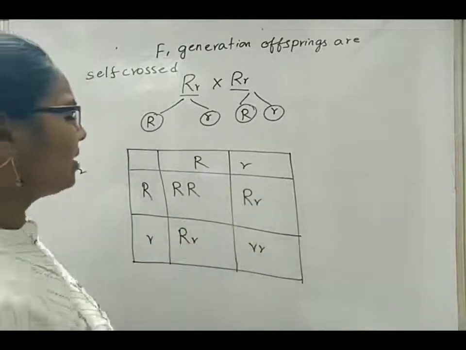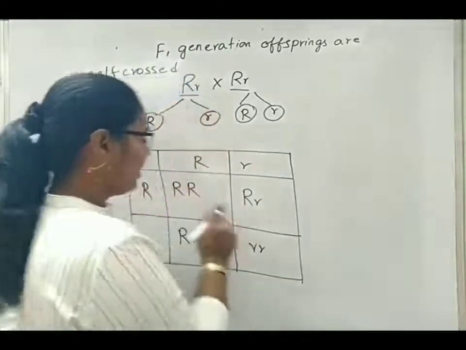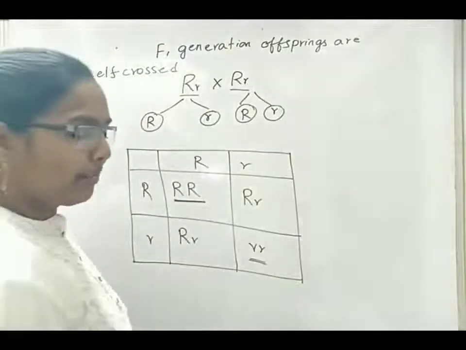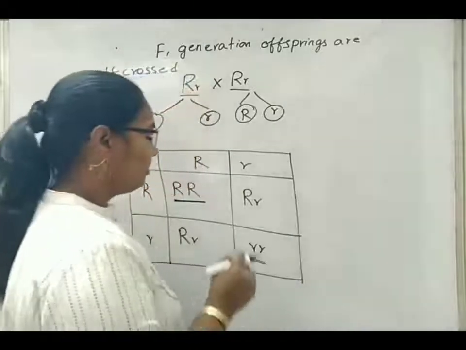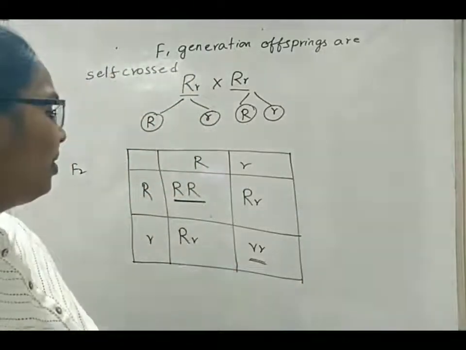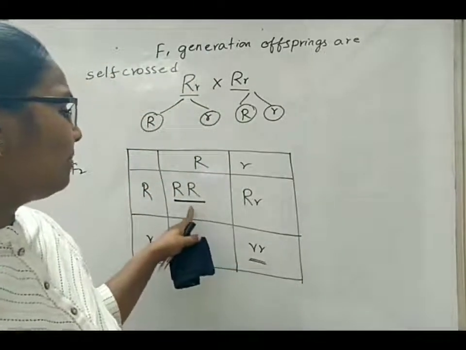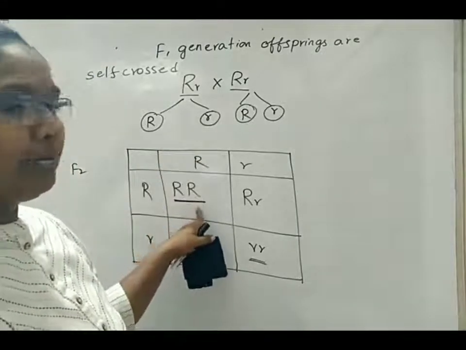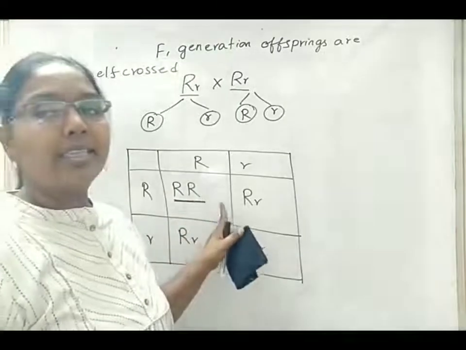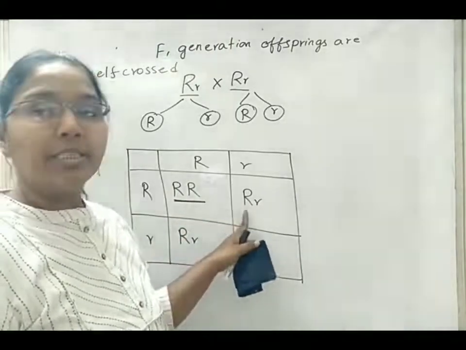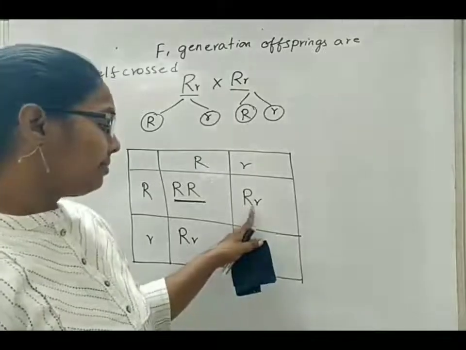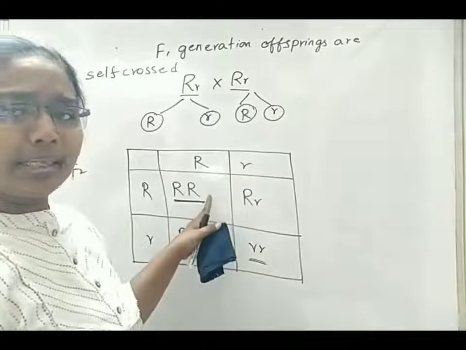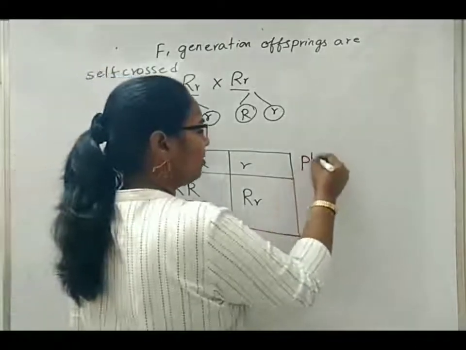So here in this F2 generation, we have seen again the homozygous red color and homozygous white color flowers. Now, according to Mendel's first law also, we have seen one of the explanations that the parental alleles sometimes in the F2 generation are not getting mixed up and are expressing their phenotypic character. Because in the F2 generation, again we are seeing the parental types only. Here we will write the phenotypic